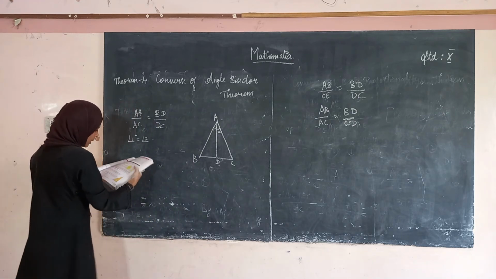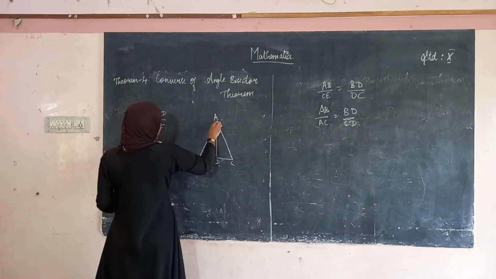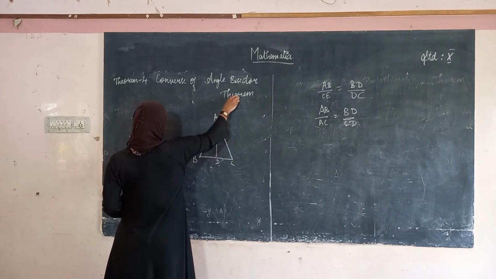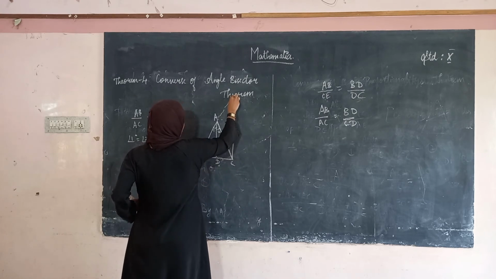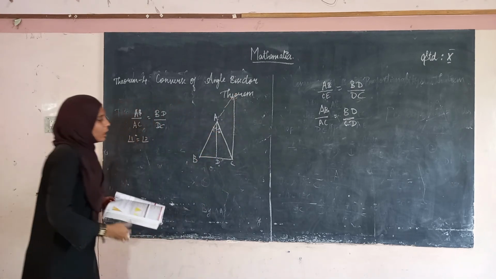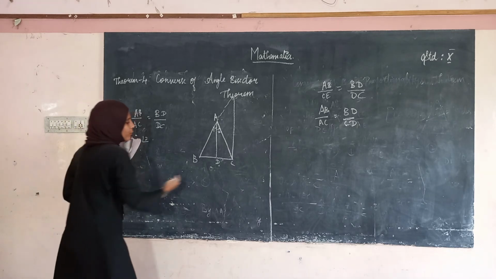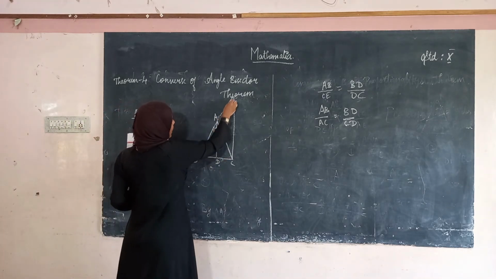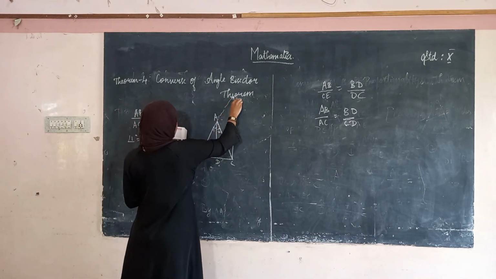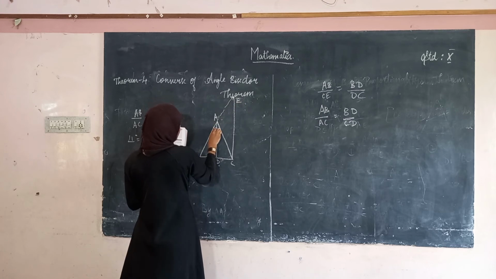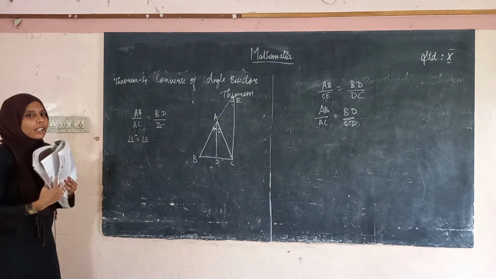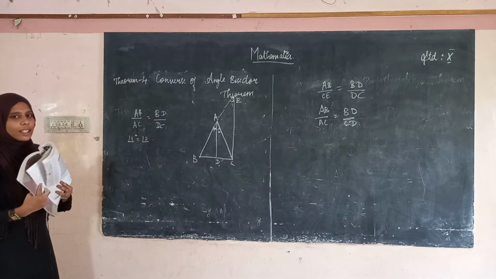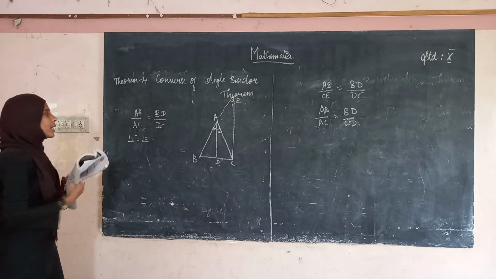Okay, and see here, now extend this line and draw a line parallel to AD from C, and extend this line, and this point is called E. Since these two are parallel, right, since this is 1, this is also 1. Why? By which angles? Is that alternate angles or corresponding angles? It is the corresponding angle.